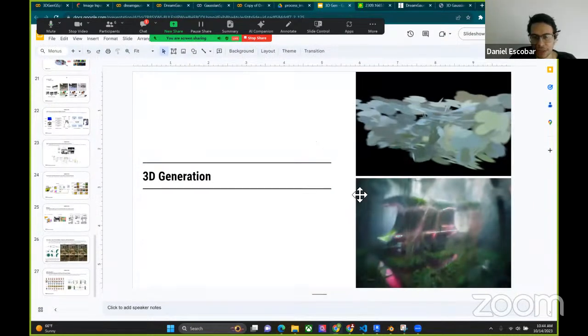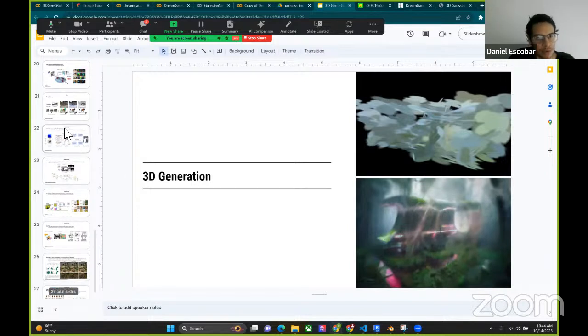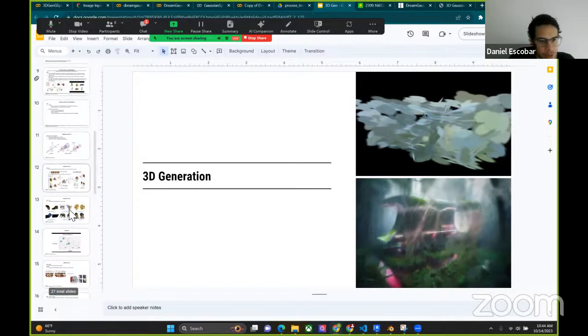So 3D generation, and the images that you see here on the right are some of these generated images using Gaussian splat. One of the ideas behind it is the way that it represents a 3D object, and you can see it's like these little elongated circles. What it does is essentially optimize these circles to represent the bottom image here. And I'll talk a little bit more about that in a few. But just to follow back,